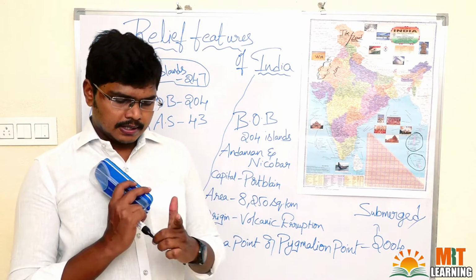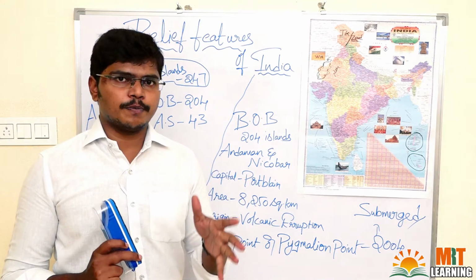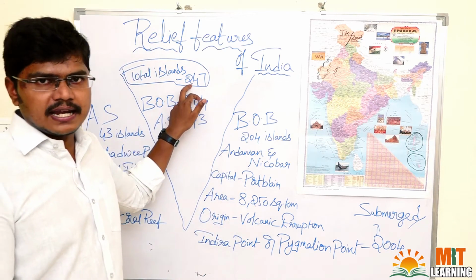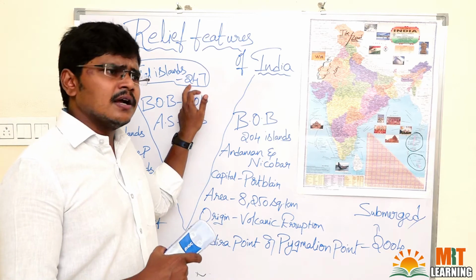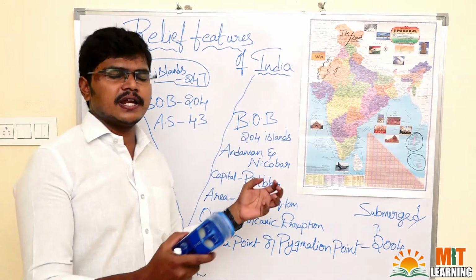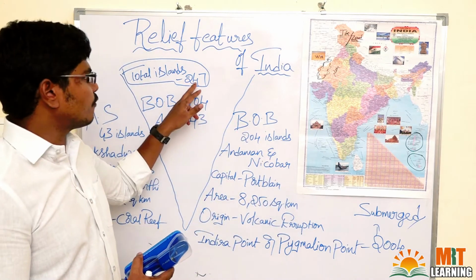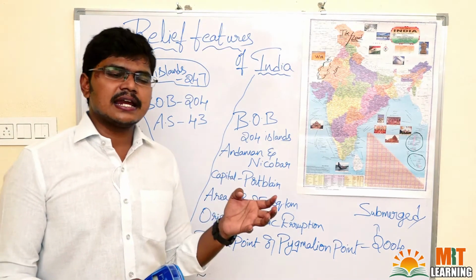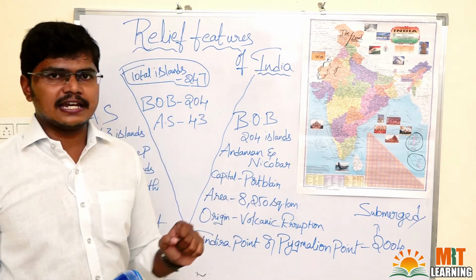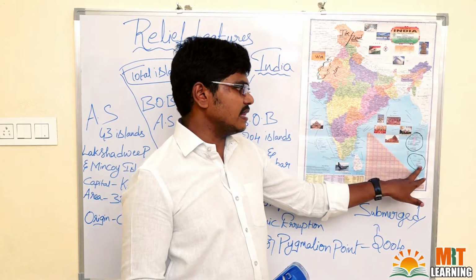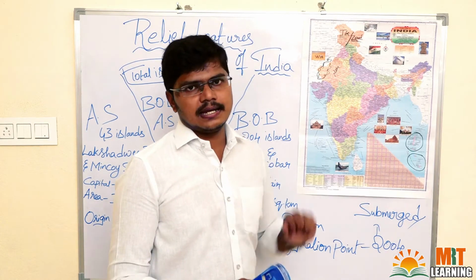Okay, and another thing, I will ask one question, that is, what is the largest island in India? I'm not asking about a group of islands, I'm asking the largest island. We have 247 islands. In the 247 islands, we have 247 names. For each and every island we have a name. In these 247 islands, what is the largest island? The largest island is Great Nicobar Island. That Great Nicobar Island we can see in the Andaman and Nicobar, in the Nicobar Islands.